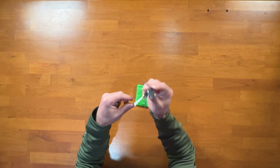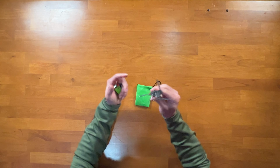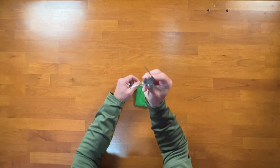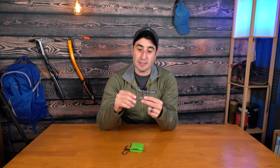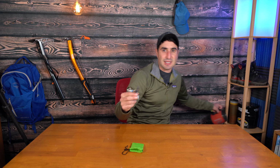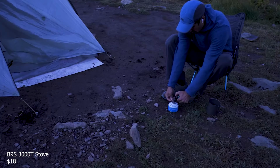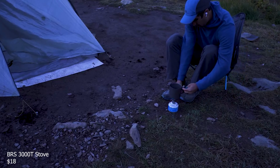But the cool thing about this is this will do what many of the larger backpacking stoves will do, and this is only $18. So it's an amazing deal. Now you cannot simmer with this, and it's not regulated, but you can maintain the flame a little bit. So a good alternative if you don't have the money to maybe get something like this Jetboil stove, or you're just looking at saving some weight, the BRS 3000 is an amazing gift idea for the